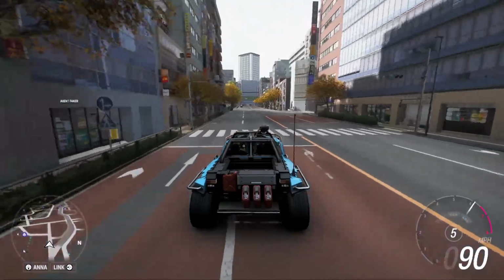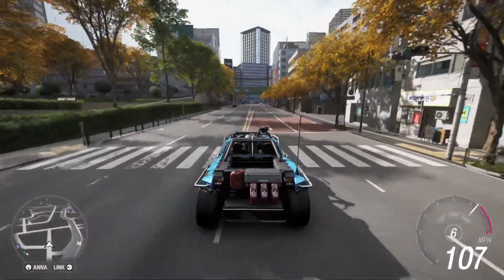In this guide, I'm going to show you how you can rotate a camera with a mouse here in Forza